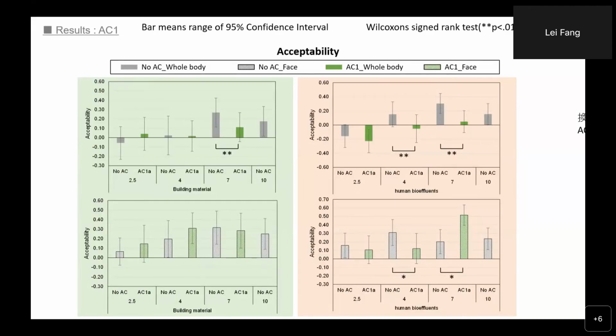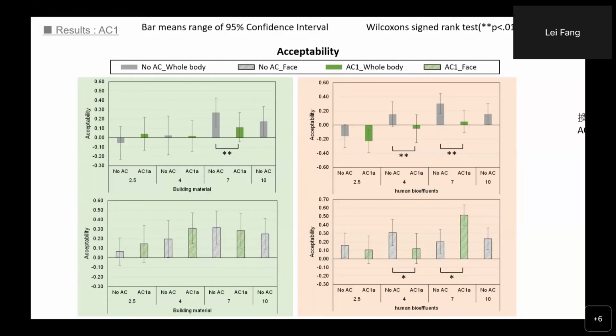And as you can see, the acceptability of the air at these 4 levels of ventilation rate, 2.5, 4, 7, and 10 liters per second per person. At the low ventilation rate, it doesn't show much improvement in air quality, slightly improved at the very low ventilation rate. However, at 7 liters per second per person, suddenly the air quality decreased with using this ionizer. And when the room was polluted by human bioeffluents,